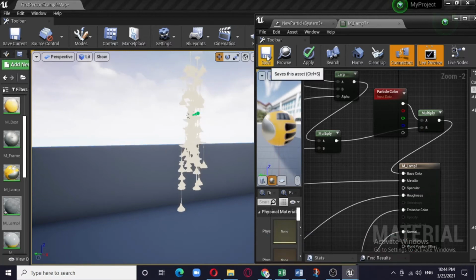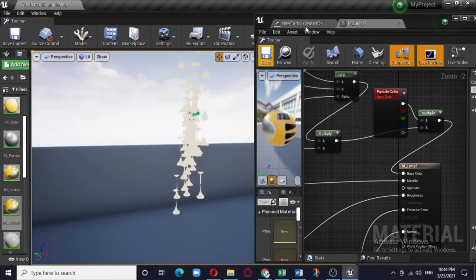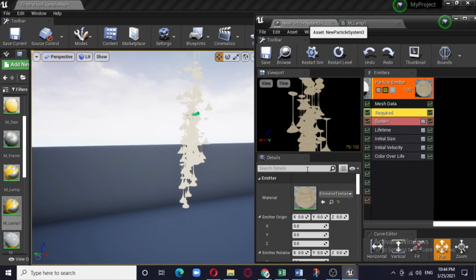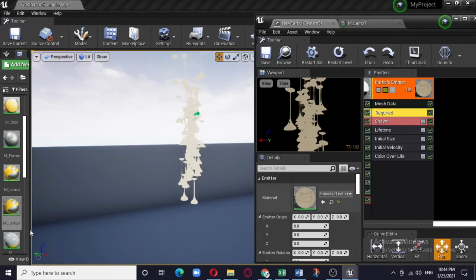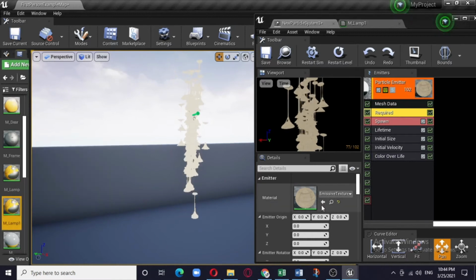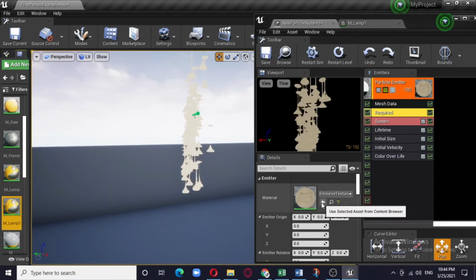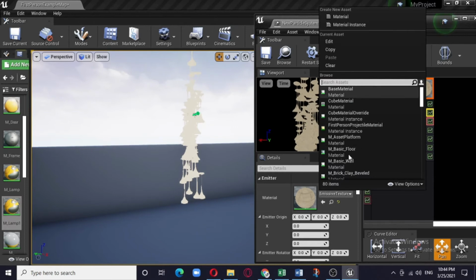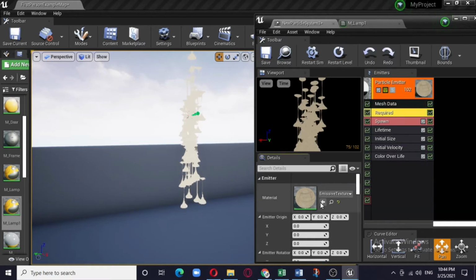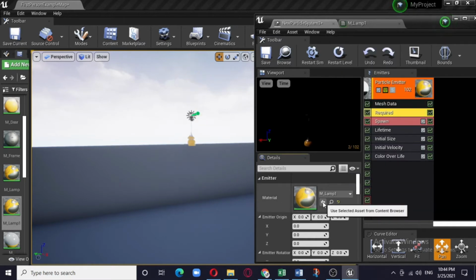Save it. So coming back to the material window, here it is already selected. Click out here, or you can search this M lamp 1, or else you can simply click here. So here we are.